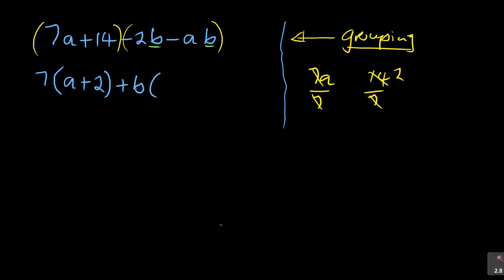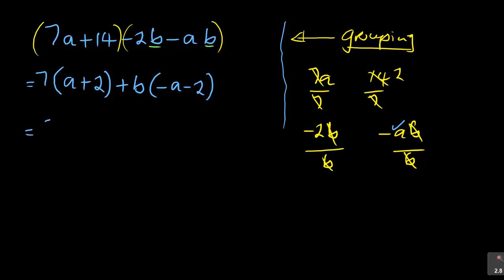So what you are also doing there, you are taking minus 2b and you're taking minus ab. You are dividing by b, dividing by b. Cancel the b, you can see minus 2 is remaining. Cancel the b, you can see minus a is remaining. Now I'm going to start writing the letter first, which is negative a, and negative 2. Why am I doing it? Because I've got a letter already, so I want to start with letters. After that, which is 7.